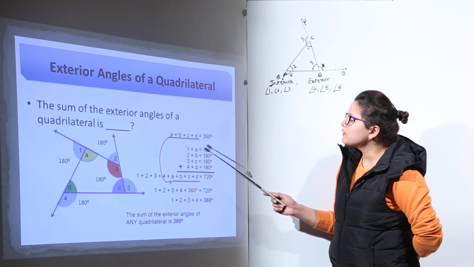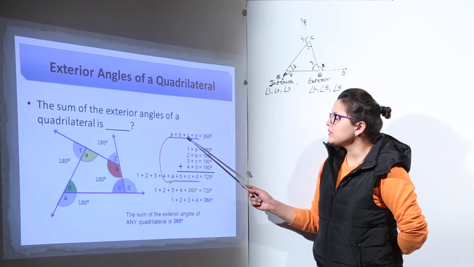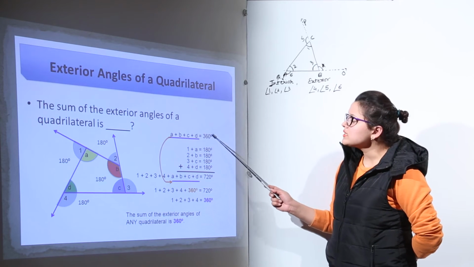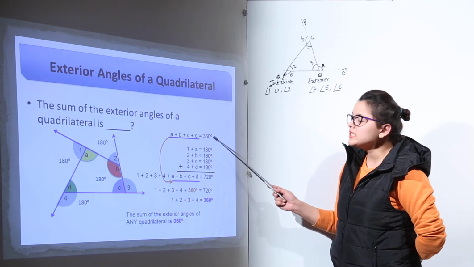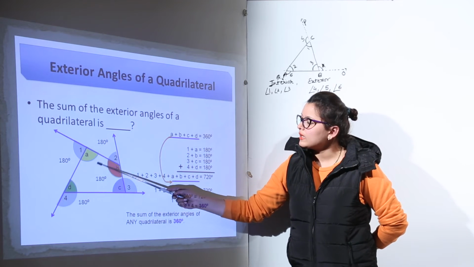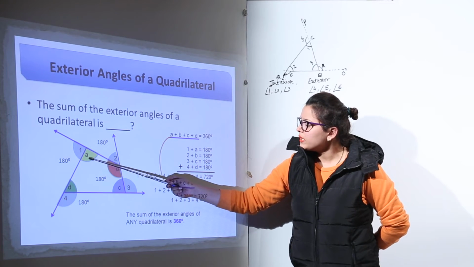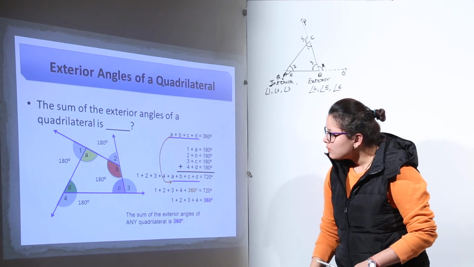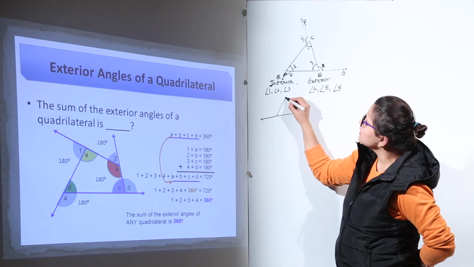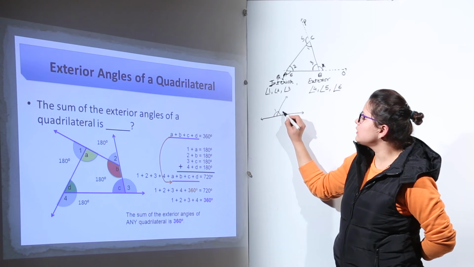Now first of all, we start by writing the property of quadrilateral, that is angle A plus angle B plus angle C plus angle D will be equal to 360 degrees. Why? Because the sum of all the angles of a quadrilateral is 360. Now we will start considering the single angle at each point. Over here you can see angle 1 plus angle A will make up 180 degrees. Why so? Because we have learned whenever there are 2 angles lying this way, that means they are sharing a common arm, angle 1 and angle A, let's say.